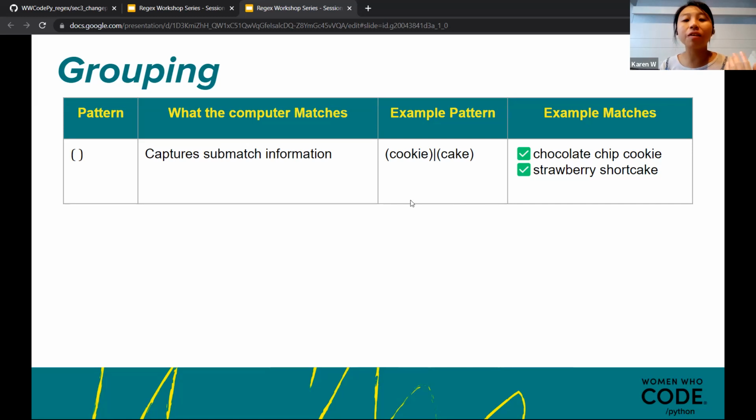A very easy example is to put the two literal words, cookie and cake, together using a group and the vertical bar as an operator, like "or". So there's a cookie or cake, and you can capture both chocolate chip cookie and strawberry shortcake.